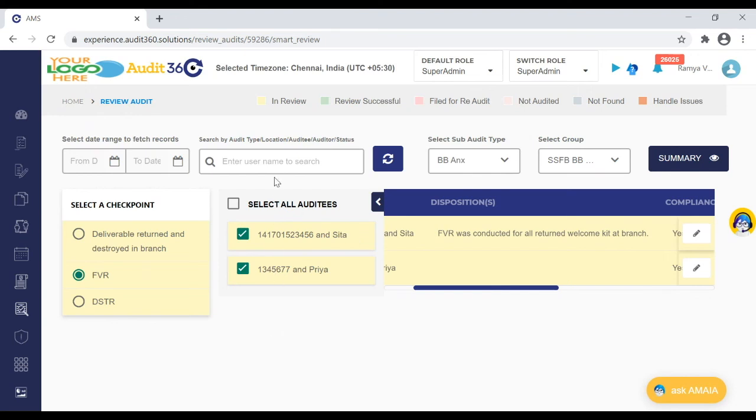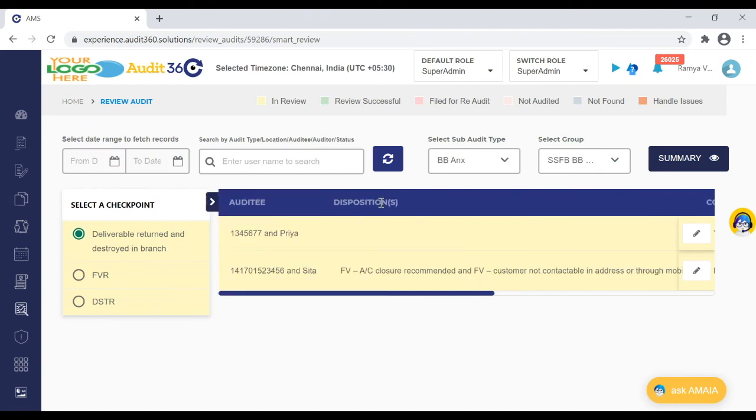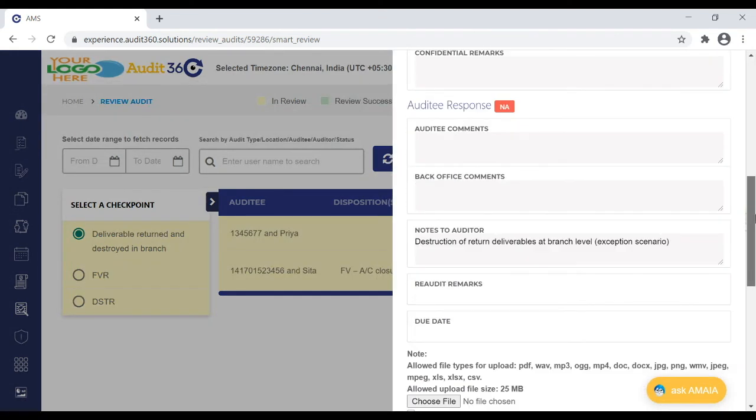If in case there are any samples verified or the PI which we have opted has a not found or which has been not audited, those also will be shown in the below table, which gives an indicator that the particular sub-audit or the primary identifier is not audited. So this way we can keep moving, and once we have selected all these sub-audits which we want to review, we can even expand the screen and do a detailed review here. Still, if you would want to get into a checkpoint level, we can always go into the edit mode, where we can do a complete review here.